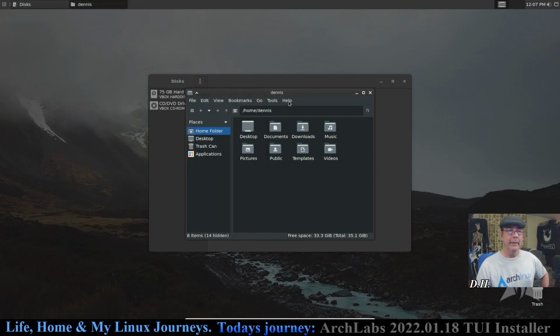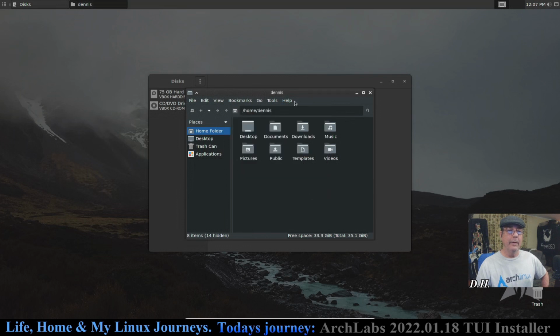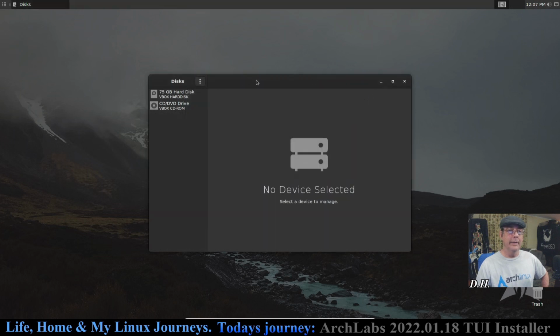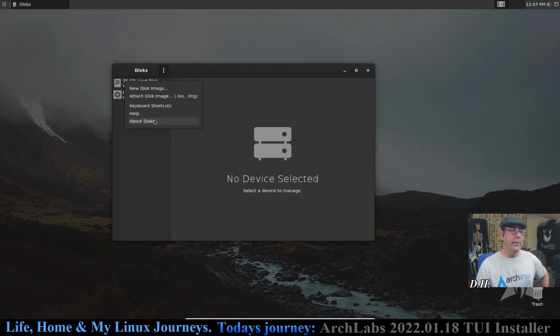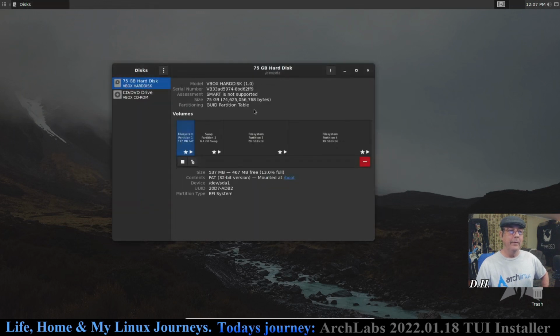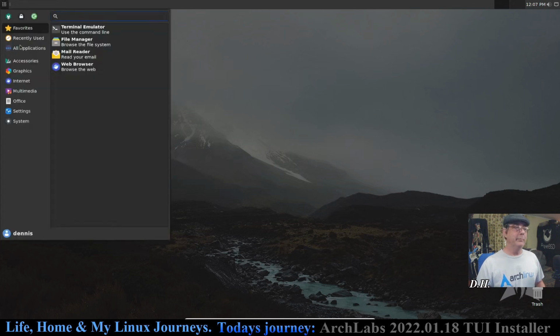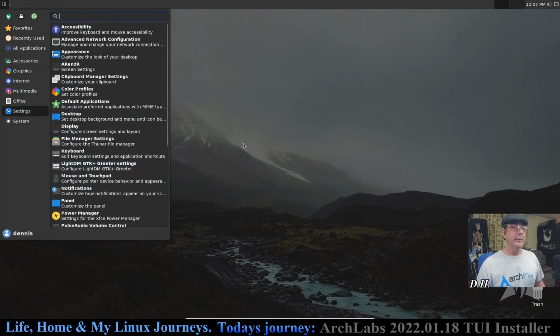Here's PCManFM, the file browser. And close that out. Here's GNOME Disk, the GNOME Disk Utility. And there's our hard drive. So I think in order to keep this video short, I'll put a lot of this stuff into